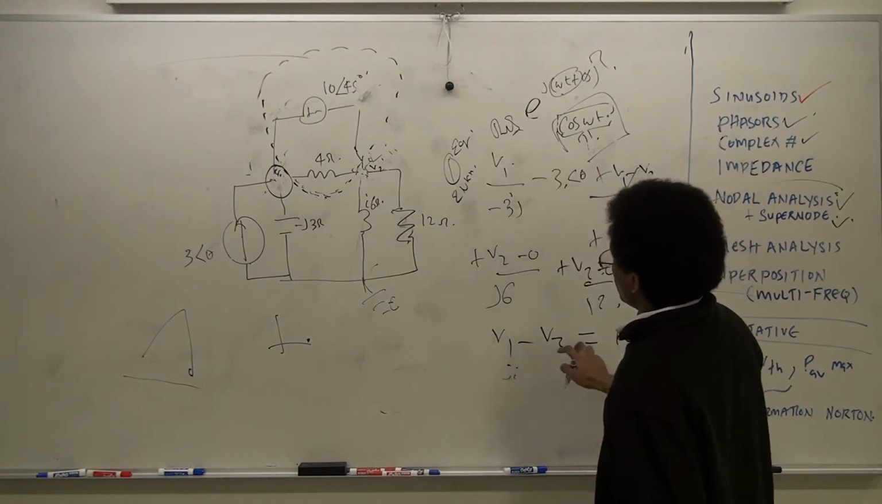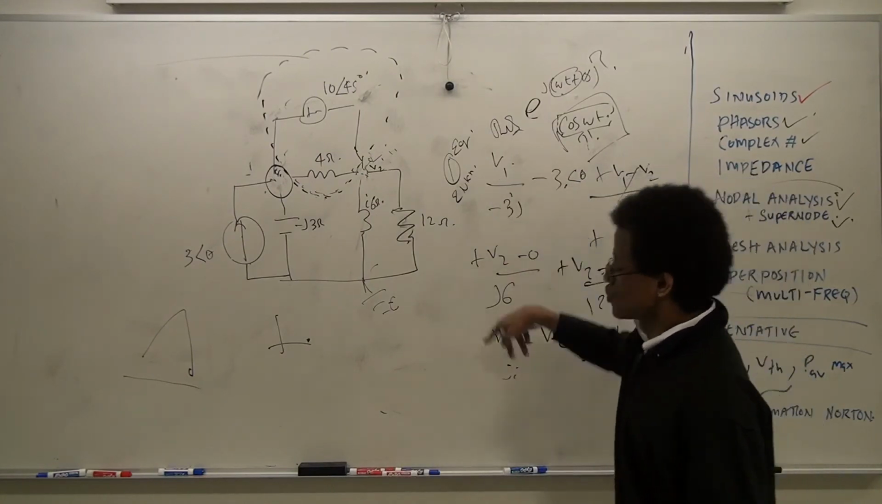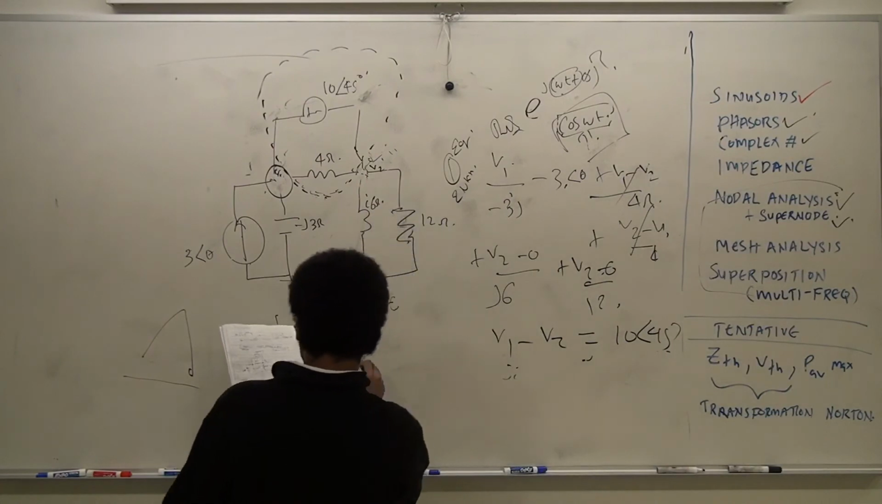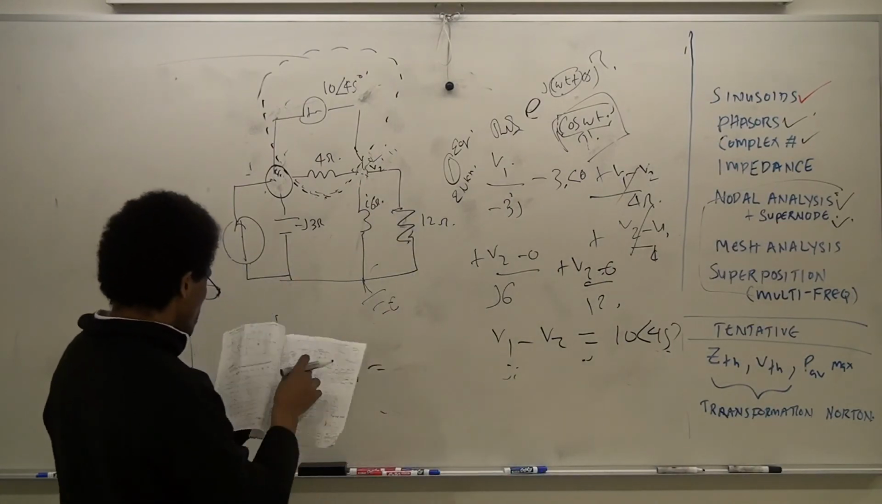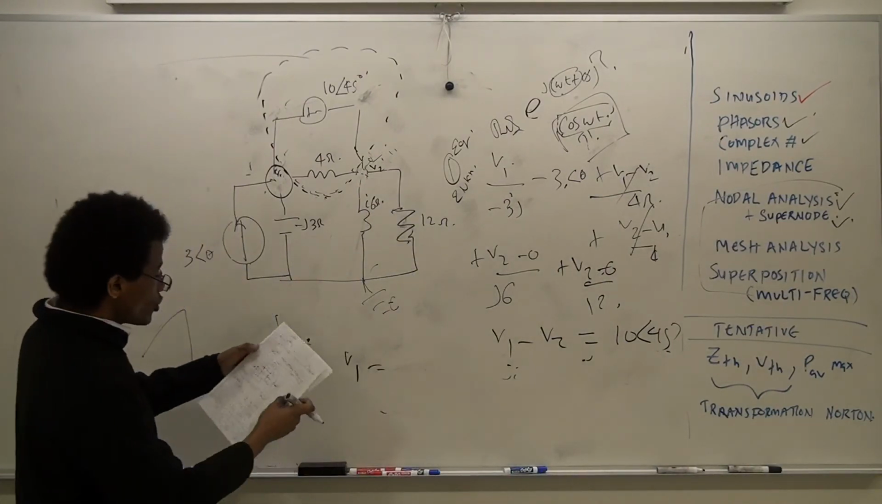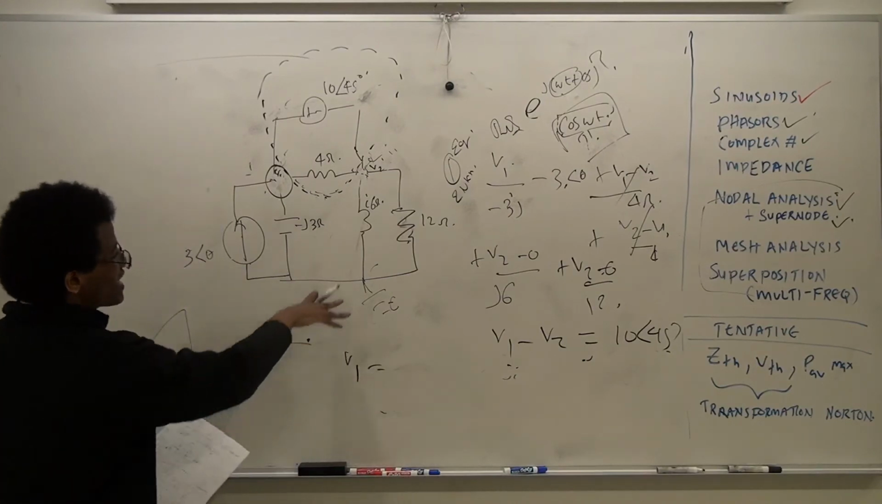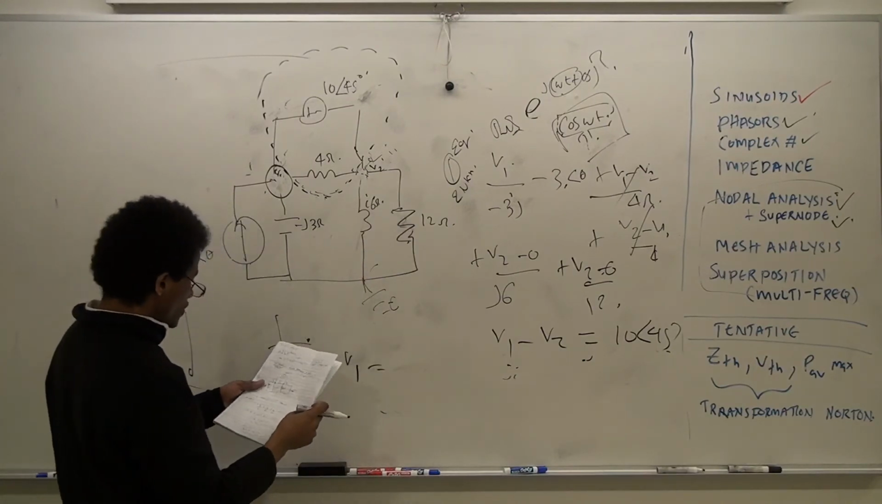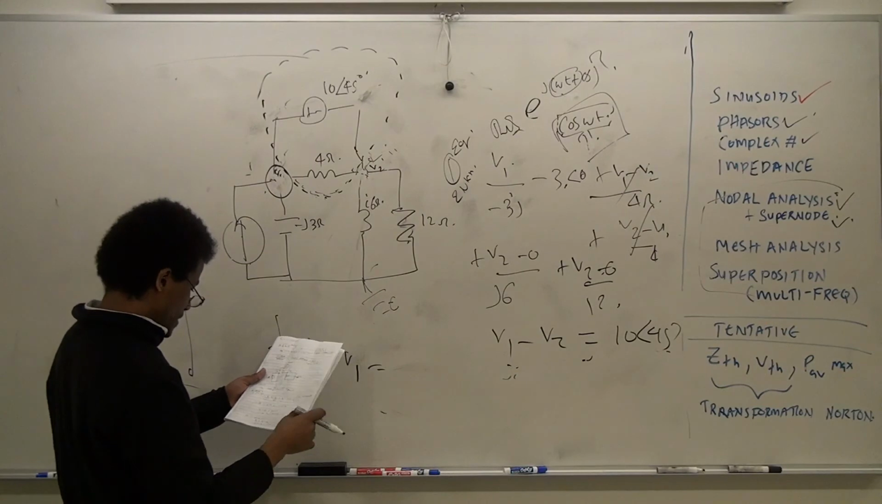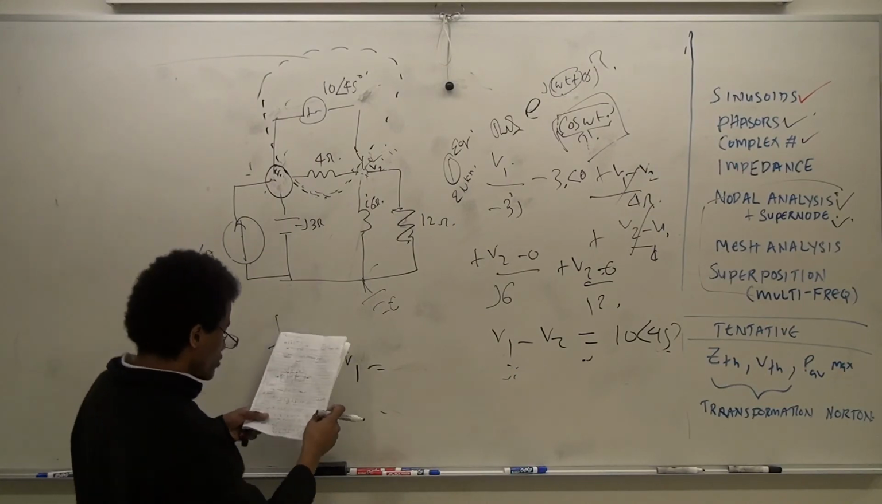Now we have this second equation. We've got two unknowns, V1 and V2. If we solve this, we're going to get V1 equal to... maybe you guys can go try this out. The reason I'm not going through these steps is because this is something the calculator can do very easily. So V1 is equal to,